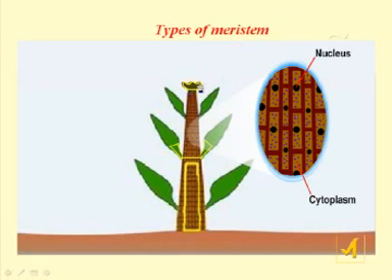So, classification means this is the apical meristem, this is the intercalary meristem, this is the lateral meristem. This is the characteristic of meristematic cells. These cells contain the nucleus, cytoplasm, and small vacuoles. The small vacuoles are spread around